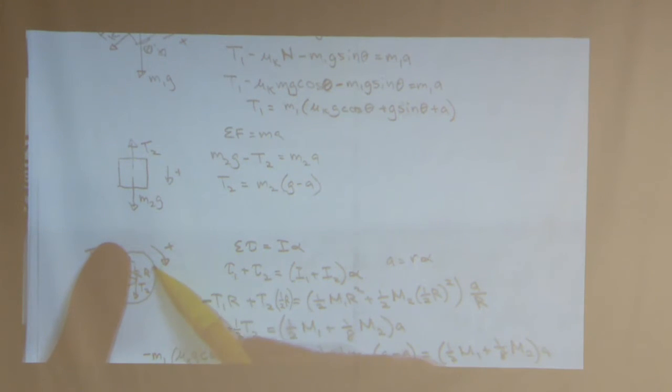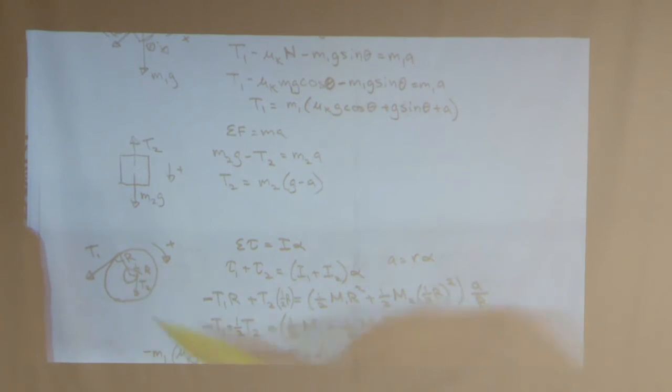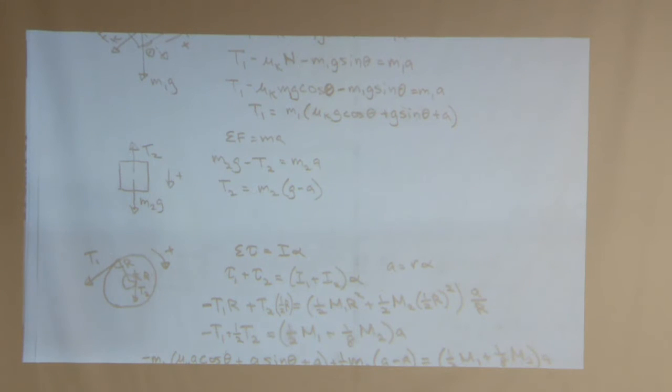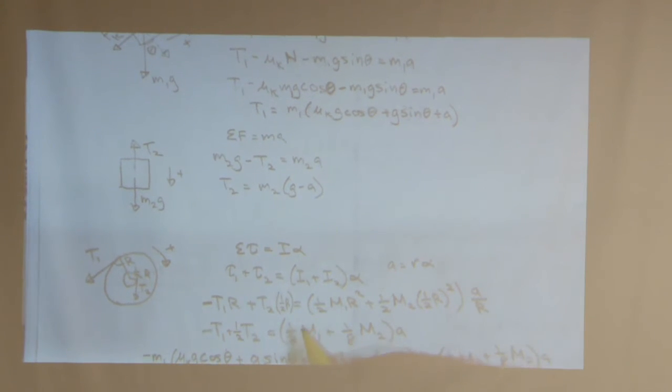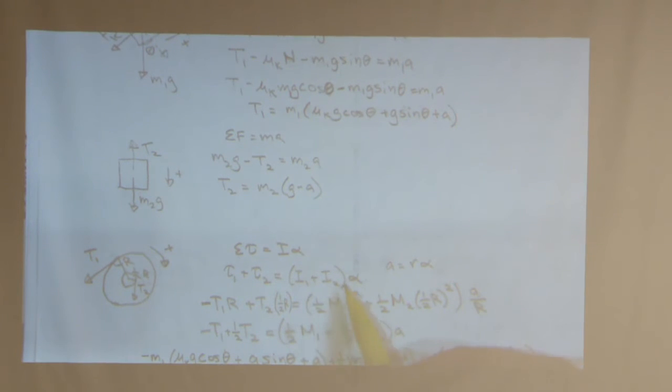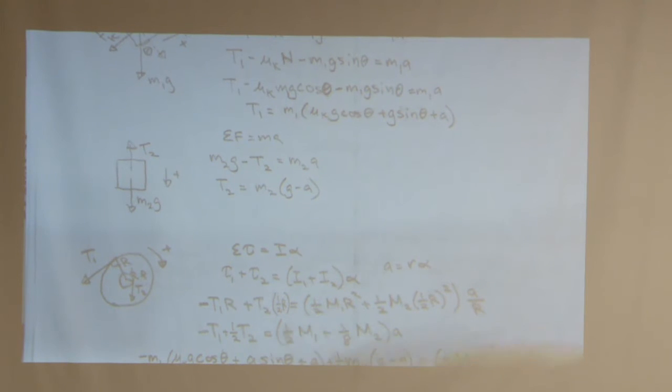if I were to pull from this end of the pulley downwards, it's going to cause the pulley to rotate in the positive direction. All right, so that's why we get a positive torque. So we have T2 times the radius, which is 1/2 of R, because the smaller radius was half of the larger radius. All right, and now for the moments of inertia, we need to add them together, because